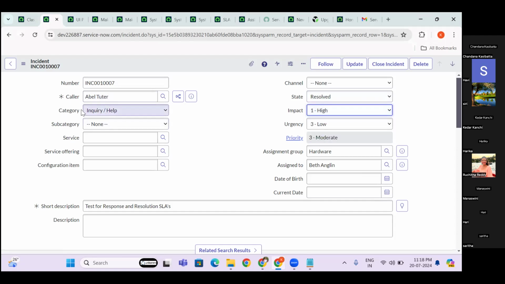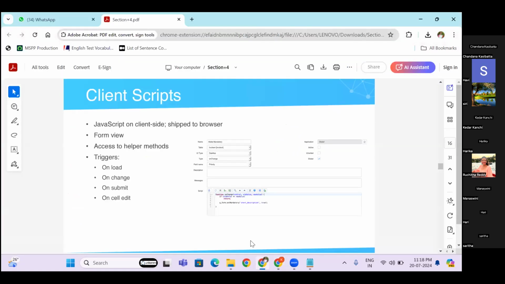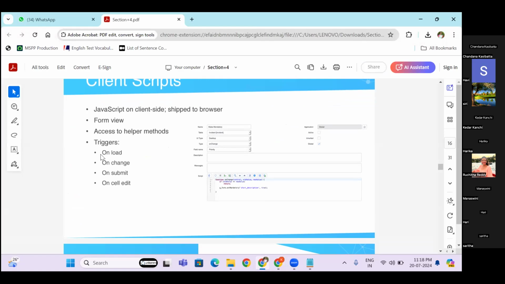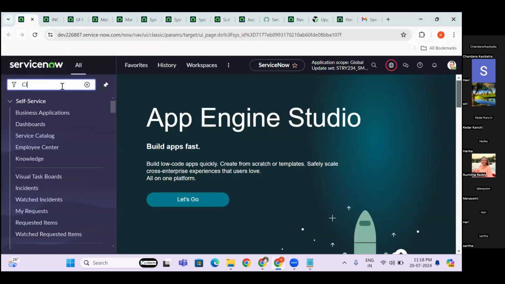Or if you want to add some decorations to the fields, or if on some particular condition any action is to be done, then we'll be using the client scripts. And we have four triggers for this, which are on load, on change, on submit, and on cell edit. Where exactly we'll be seeing that in depth, we'll be learning while